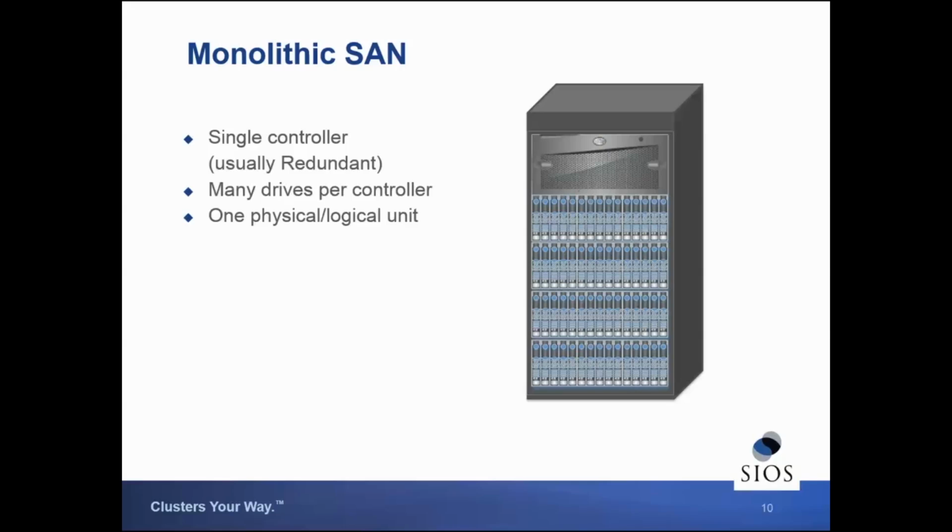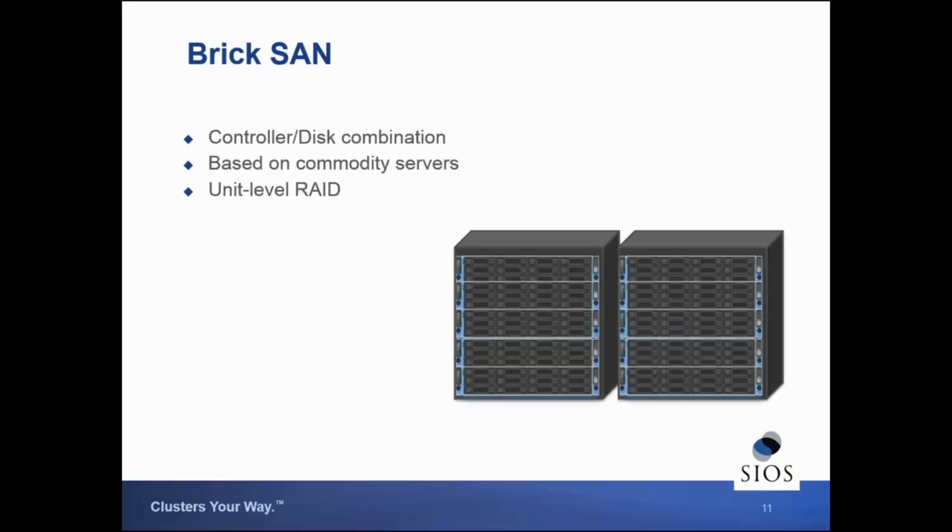The other one is what I call a brick SAN. This is more like the Compellent or LeftHand SANs, where they take basically a commodity server and build bricks, use those as your bricks, where they have a controller and the disk in combination, or controller and a number of disks in combination, I should say. And then we RAID the units as well as the individual disks within them to provide the redundancy that you would see in a failover monolithic type SAN.